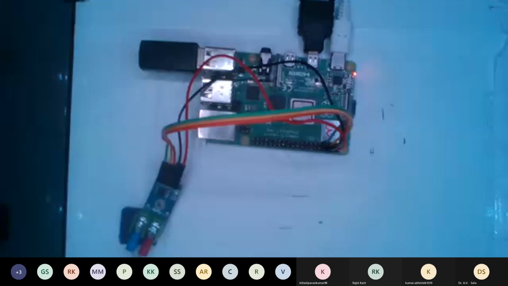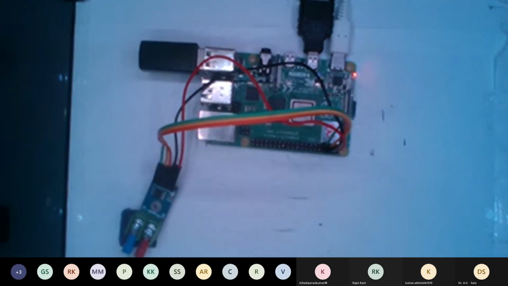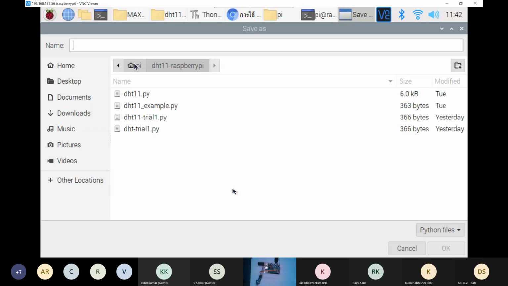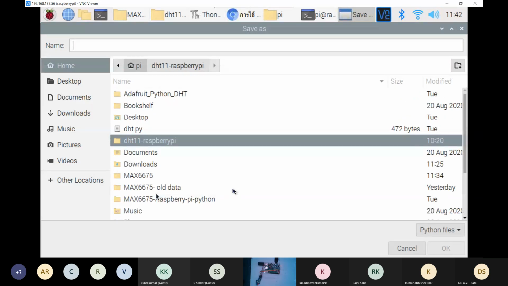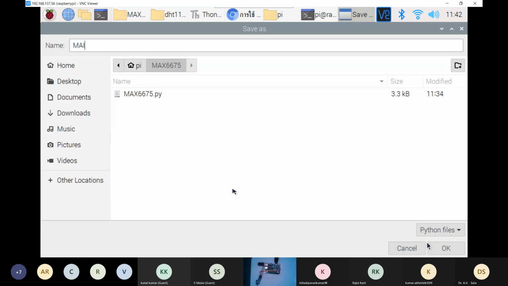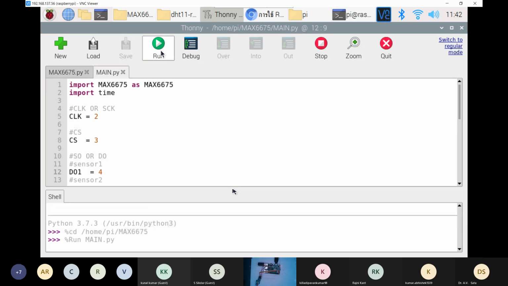If the connection is fine, then we should get the screen. I'll have to save it first. We'll save it as main.py. Then we'll run.